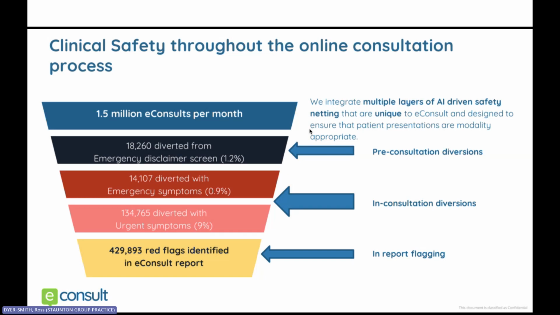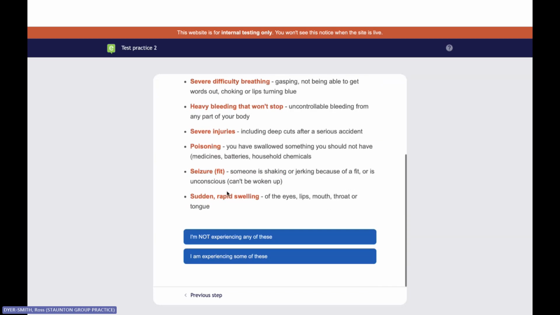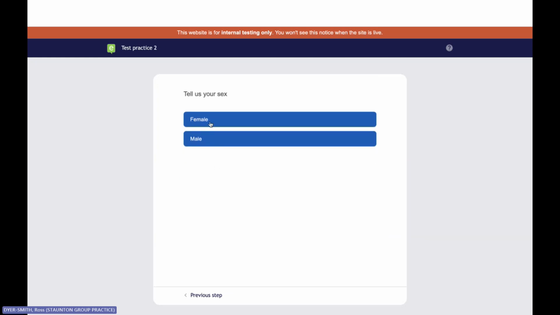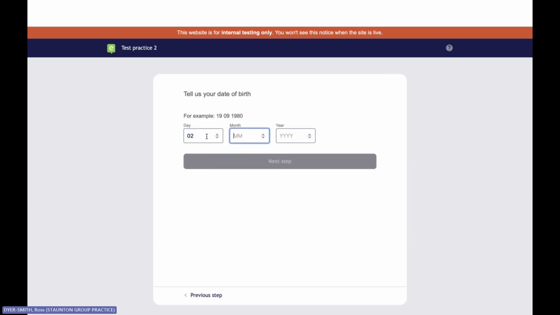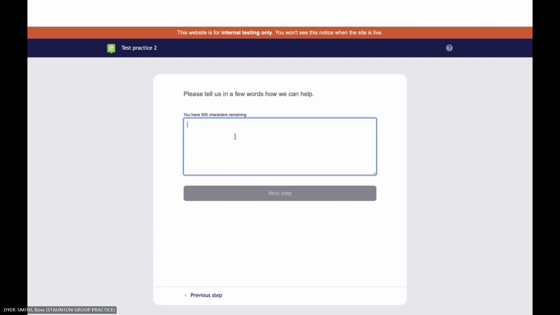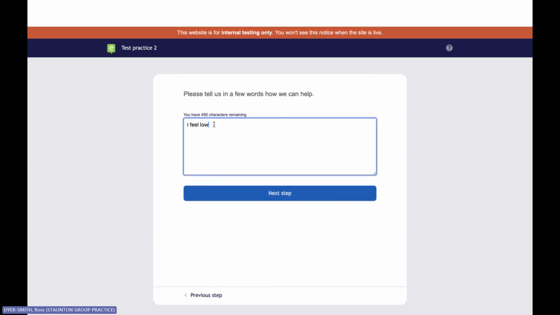Now, one of the things I'm going to try and show you is something that some of you may not be aware of. We do have a facility within eConsult, and this is the 111 thing, that means that when you get to the point where you're going to write something in the free text, we've made consideration for things that might happen that are unexpected. So this is just a normal depression consultation. Now, if I go to the next step, it just takes me to the next step. Now, what I want to show you is what happens if I put